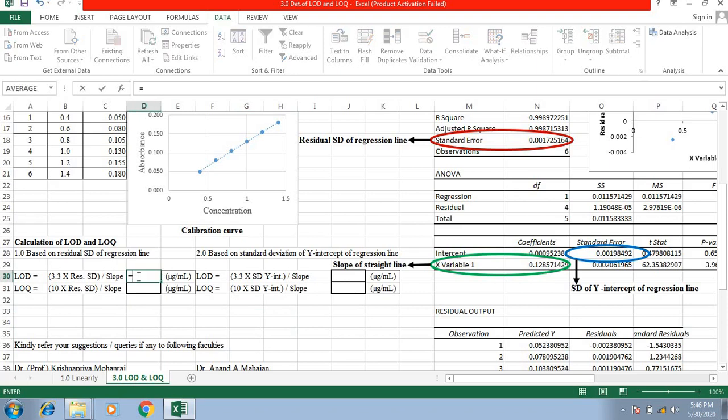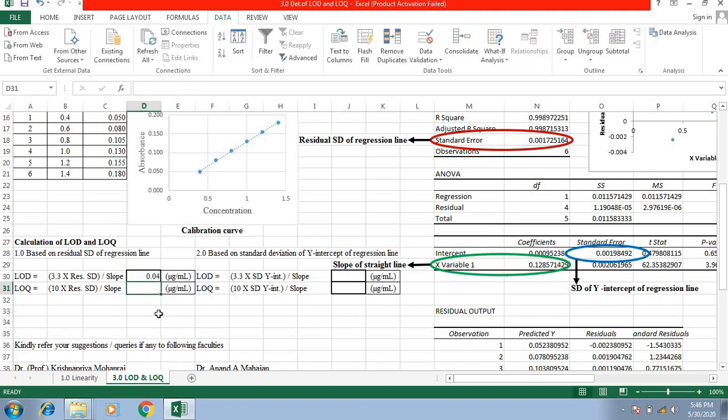Click, type equals, bracket, 3.3 into, I need the residual standard deviation of the regression line. So I'll click this value, bracket complete, divided by slope. So I'll be clicking slope.